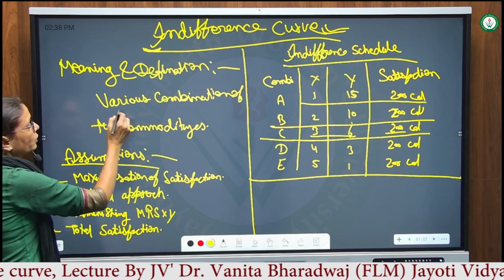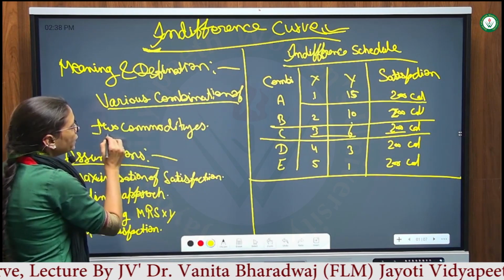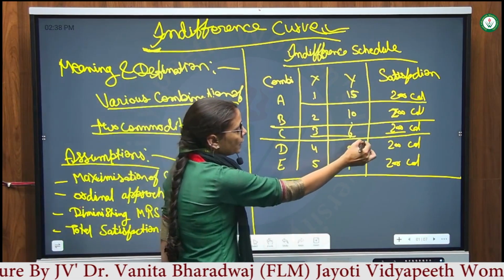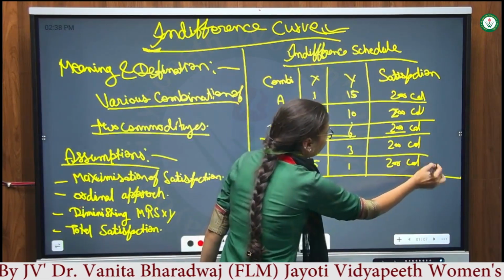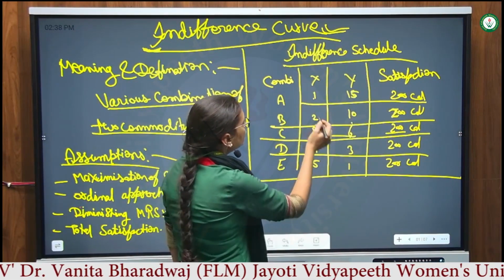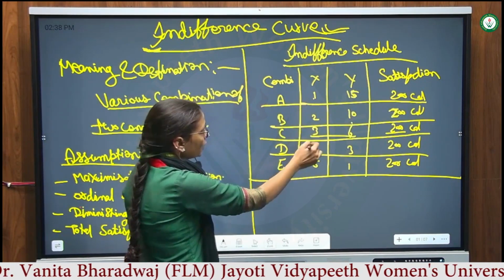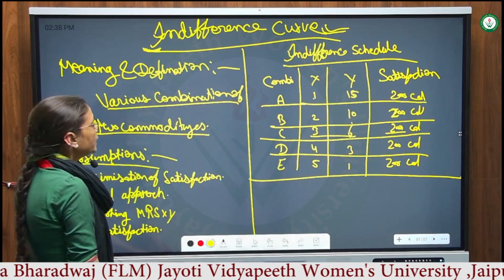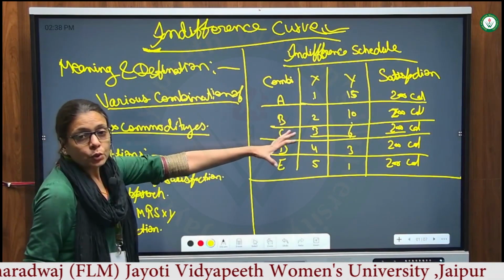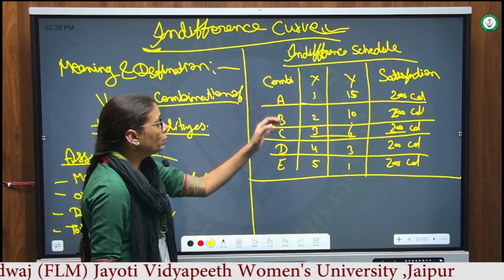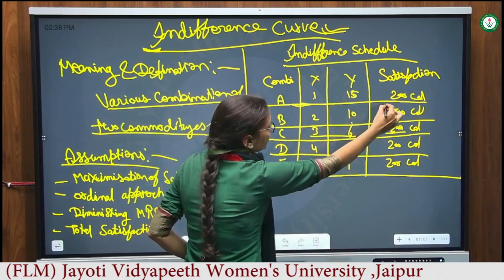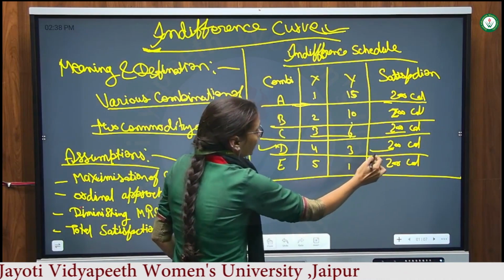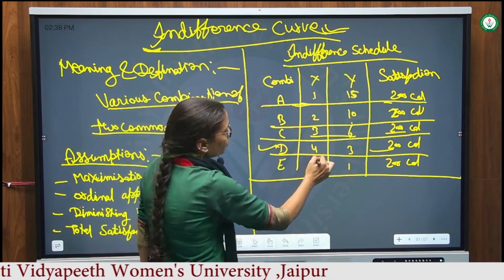The indifference curve shows the various combinations of two commodities which give the same level of satisfaction to the consumer. That's why he is always indifferent. Indifference means that whether he chooses one combination or any other, he will get the same level of satisfaction. That's why we say the consumer is neutral. It doesn't matter which combination he chooses; he will get the same satisfaction level. If he uses the D combination, he will get the same level of satisfaction. The variation is only in the combination of commodities.